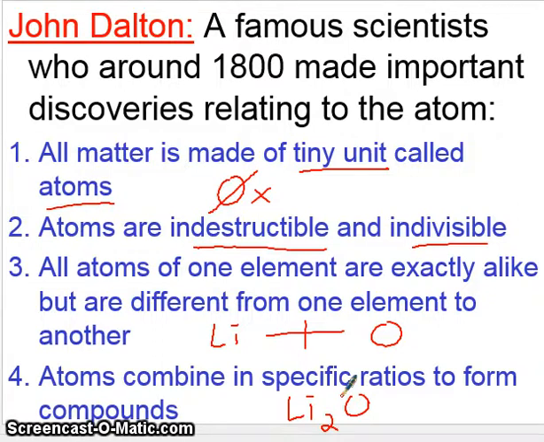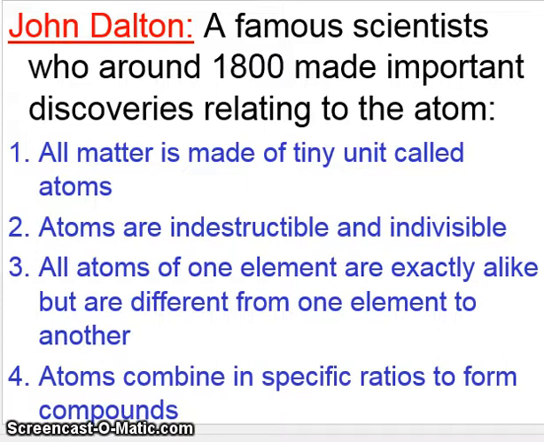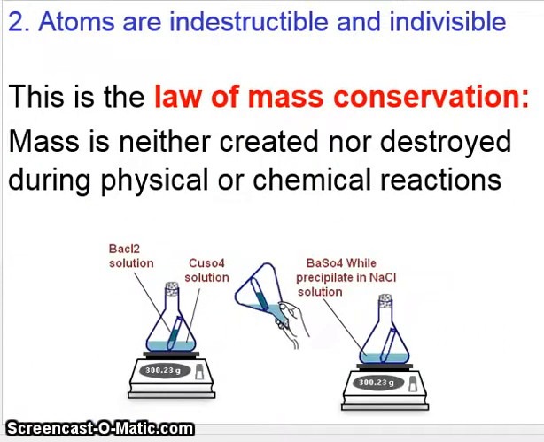Take a look at them, see if you can understand what these rules are saying. And we'll actually finish up with a few detailed discussions of these rules. Rule number 2, talking about the indestructibility of atoms, actually is a law. And this is called the famous law of mass conservation. The word conservation, remember, means it's conserved, it cannot be changed. And this law essentially says that mass is neither created nor destroyed whenever you're undergoing a reaction,